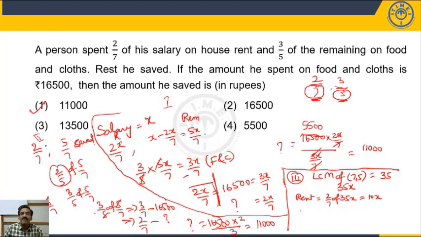Out of 25x, how much is spent on food and clothes? 3/5. So 3/5 of the balance 25x. So 5 will go 5 times here and 10. 5x into 3, 15x he has spent. So if 15x represents